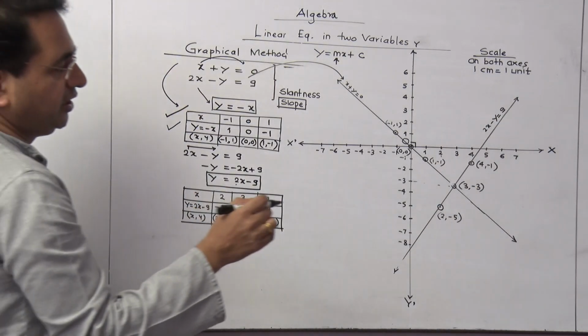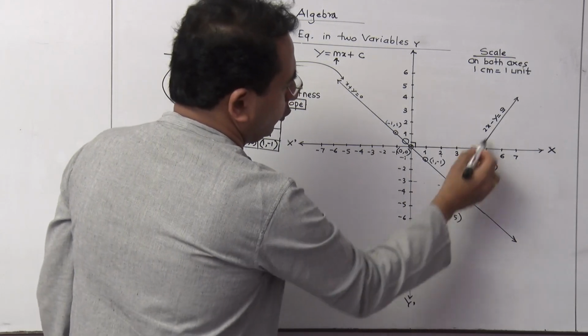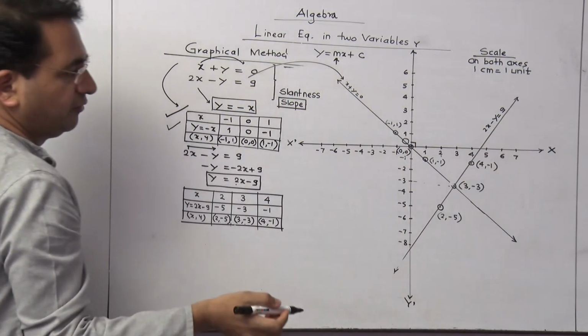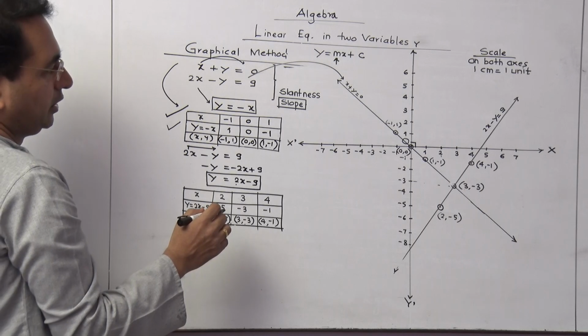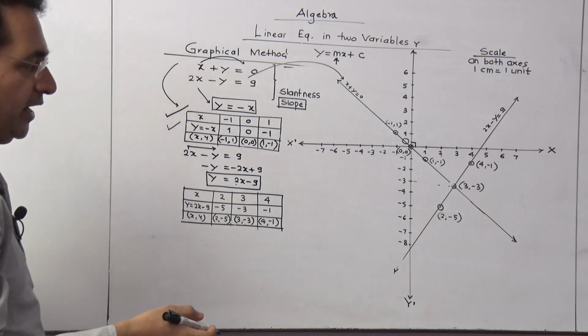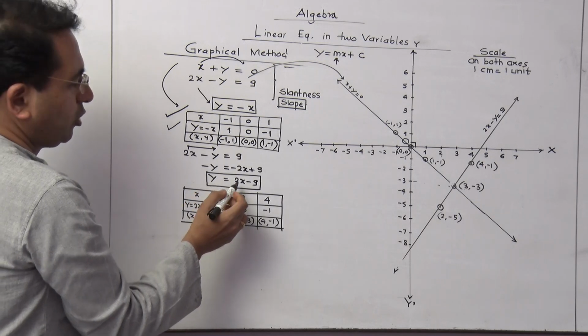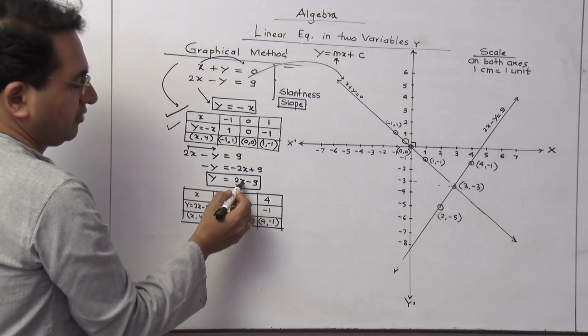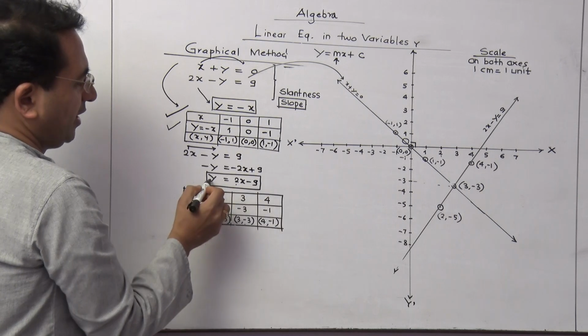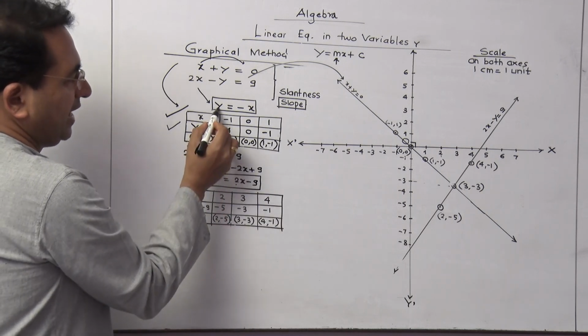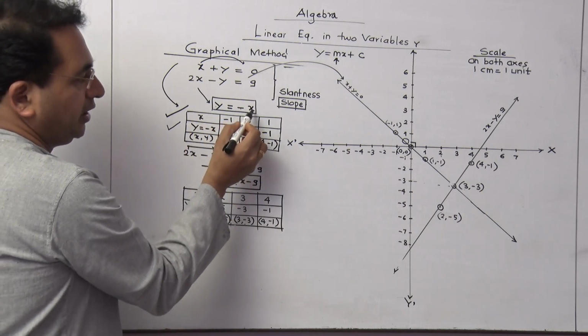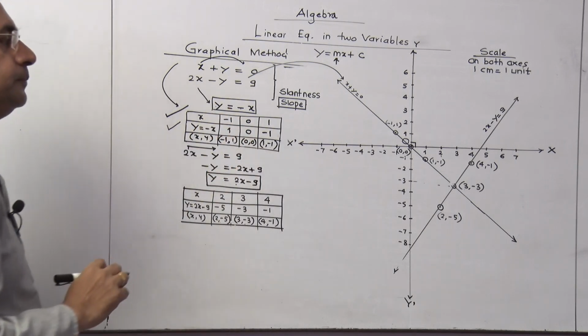Now 3 comma 3 is the point of intersection. I am going to get it. On your graph also you are going to get it like this. Now 3 comma minus 3 when you write, you substitute that value here. 3 comma minus 3. It is 3 2s are 6, minus 9 is minus 3. And if I put y as minus 3 and minus of 3, I think this will work.